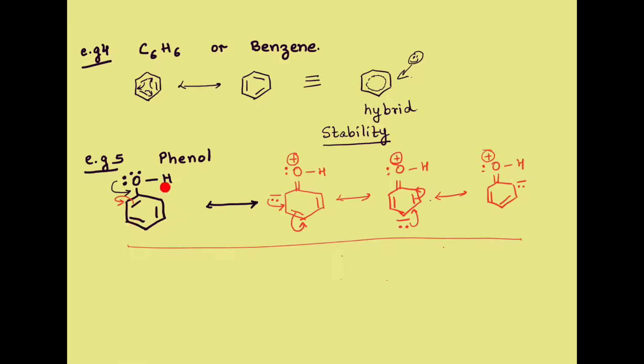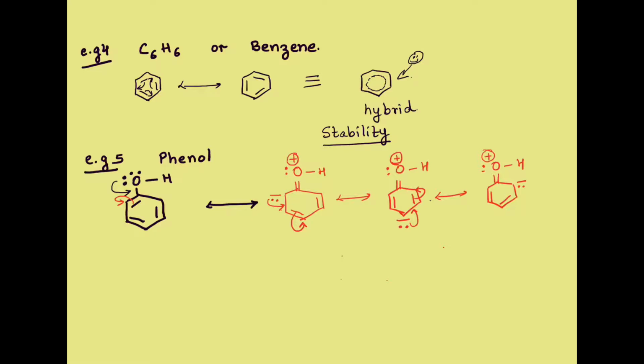You don't spoil the octet of the elements of group 2. That means you don't overload the host. But yes, elements of group 3, they are happy to have the extra burden, so you can take that chance. These are the rules of drawing the Lewis structures. Well done. Okay, and what else over here? What else can you see?